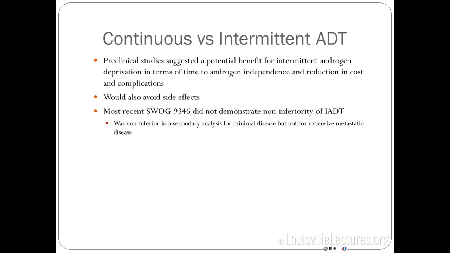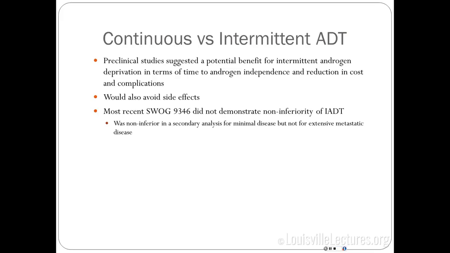Just recently, there was a lot of interest in the concept of continuous versus intermittent androgen deprivation. The idea being that we talked about all those side effects. So if there was a way that we could give somebody a break in advanced disease, let them get some of their functioning back and just their general mood and well-being back, then what if instead of continuously giving it, there's different administrations of androgen deprivation. For example, LHRH agonists, you can give them every month, you can give them every 3, every 6, or even a depot every year. But whatever it is you do, if you give them a break instead of doing it continuously, then the other